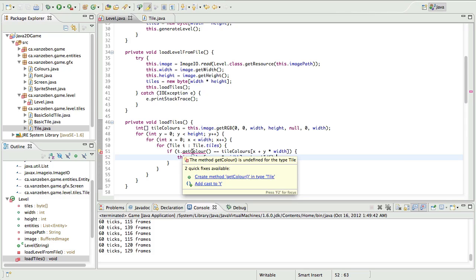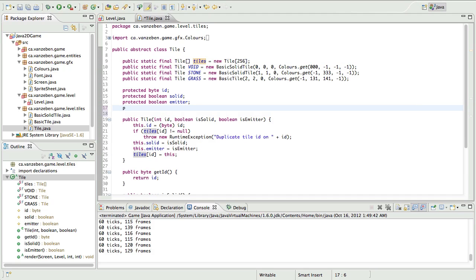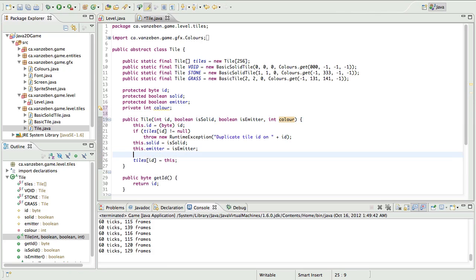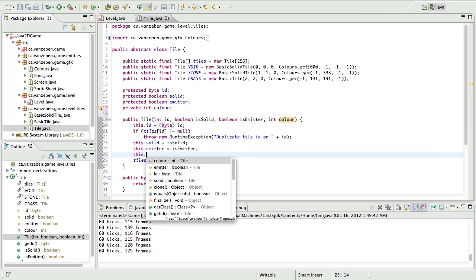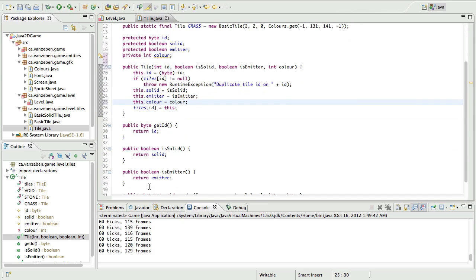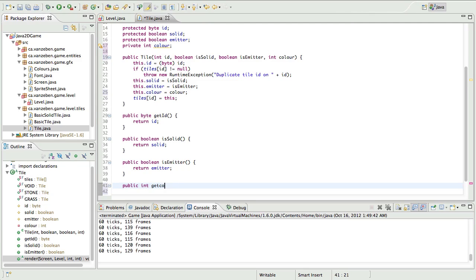Now we need to create this color variable, so we're going to have to go into the tile class, and we're going to have to add a new variable here. I'm going to make it private because we don't really need to reference it anywhere else. Int color, and we're going to leave it like that, and we'll add it as the last parameter on here, so we're going to say int color. I'm not going to name it anything more appropriate than that because that's perfectly fine. Equals color, and then down here we need to go public int getColor,